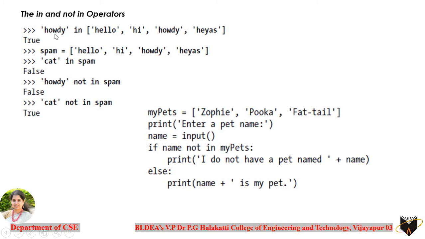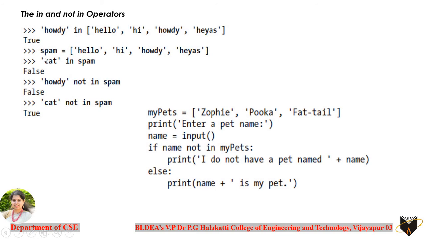The in is going to work in this way: it checks whether this element is present in this list or not. If it is present, it is going to give the result as true. If it is not present, it is going to give the result as false. For example, you can see howdy in hello, hi, howdy, yes, this element is present over here, so that's why it is giving the result as